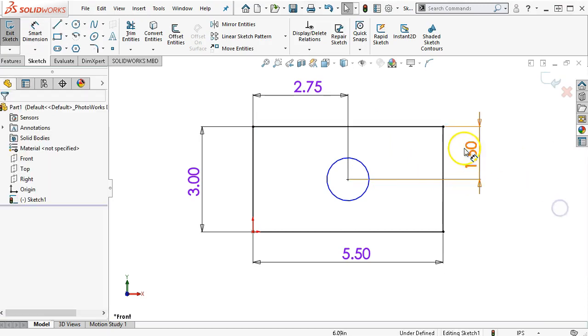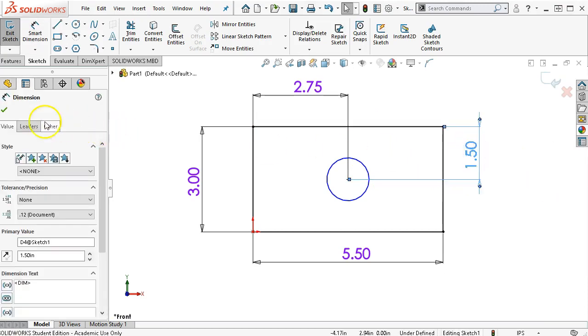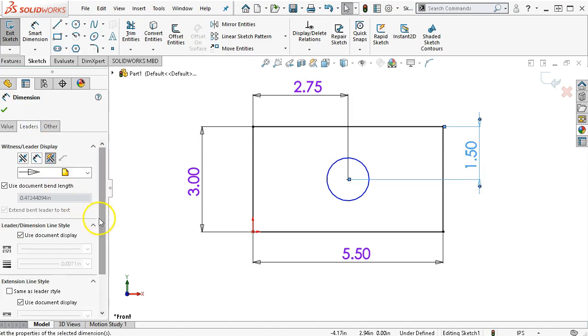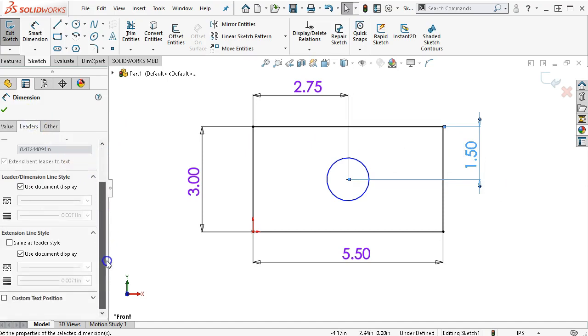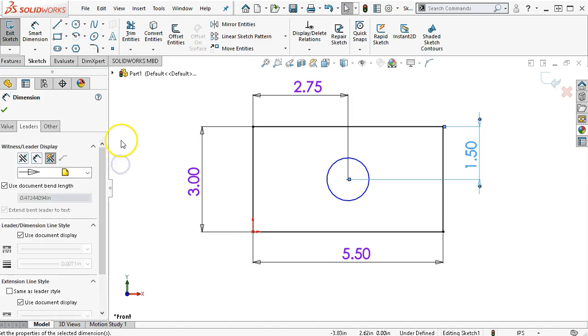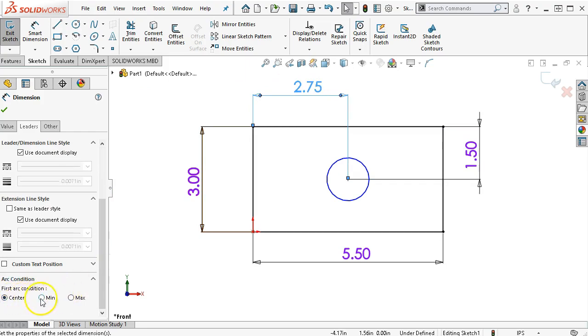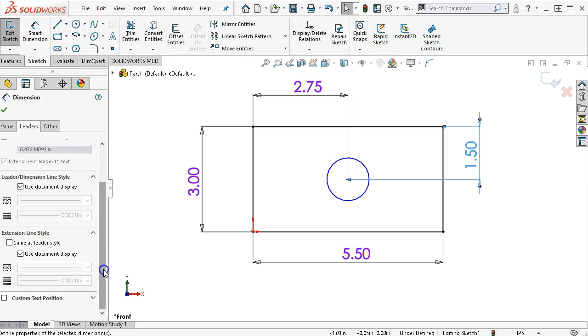Alright, so if I pick on the 1.5 and we come over to the leaders, nope, it's not there. I'm not sure what I picked last time when I saw that. So I'm going to still stay with pick the perimeter, because it will give you an arc condition where the center point does not. This 1.5 I picked from the center point to the edge, no arc position,